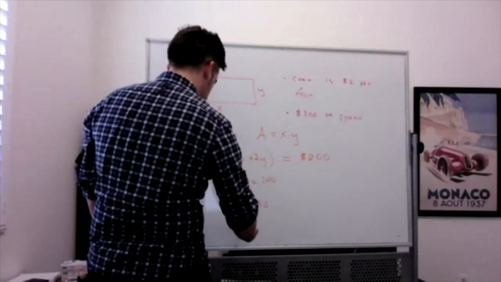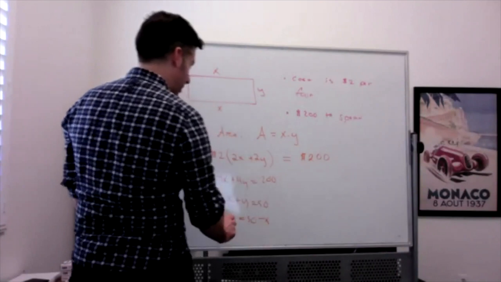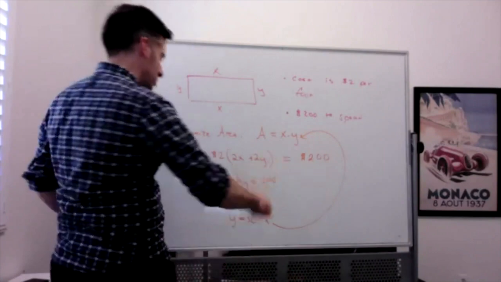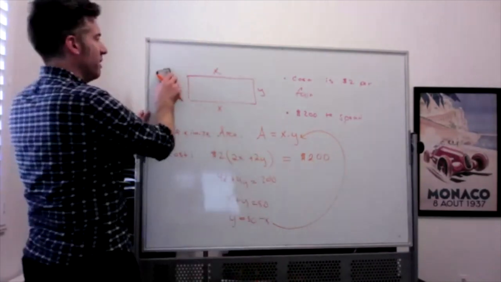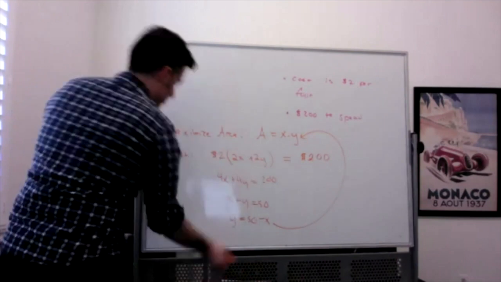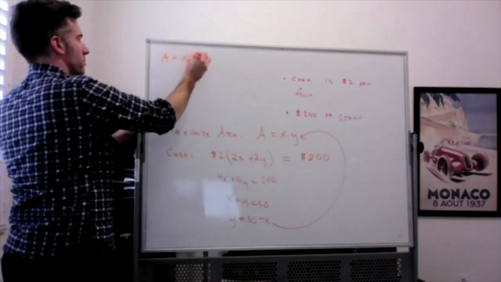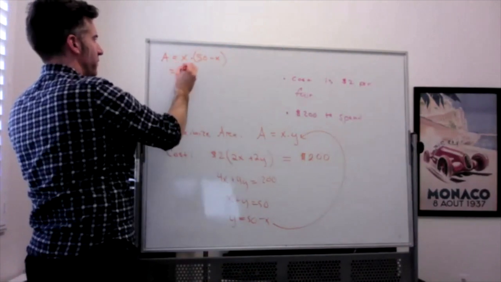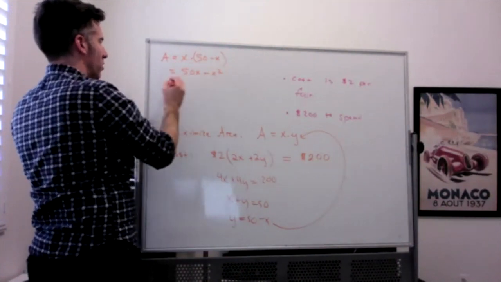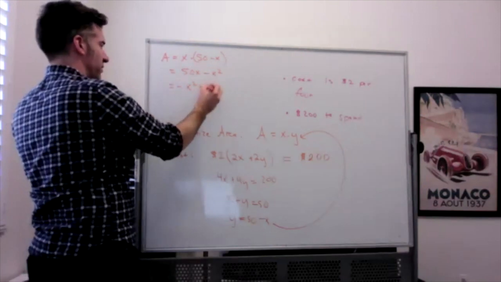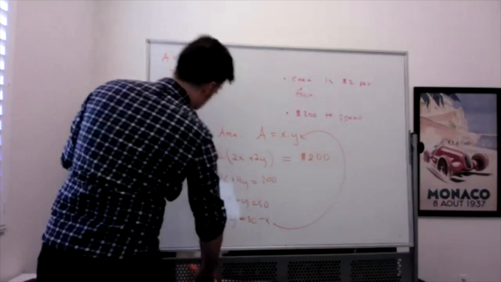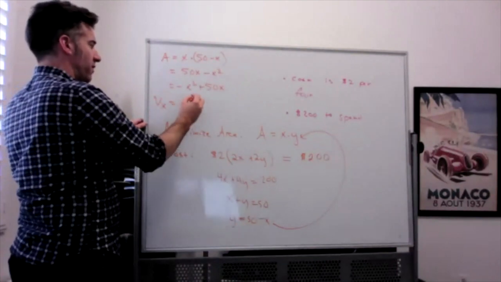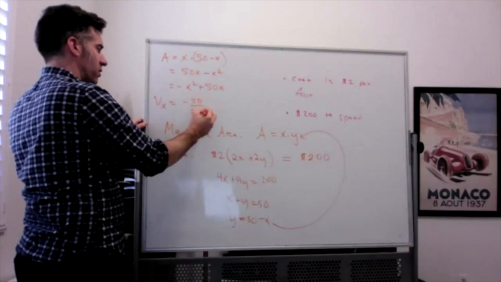And then solve for y or x, either way, and plug that back into the thing that you're trying to maximize. So I'm going to get area equal to x times 50 minus x, which is going to be equal to 50x minus x squared, or negative x squared plus 50x. So that my vertex, my x coordinate, is going to be negative 50 over 2 times negative 1, which is